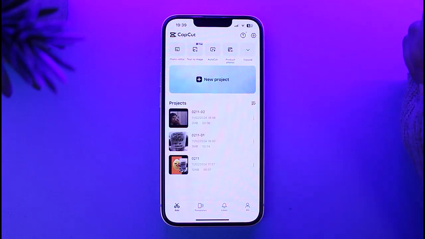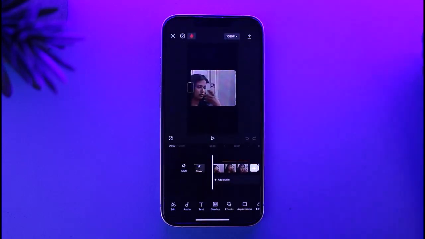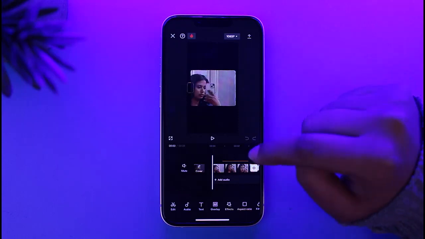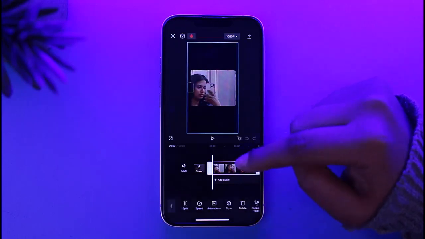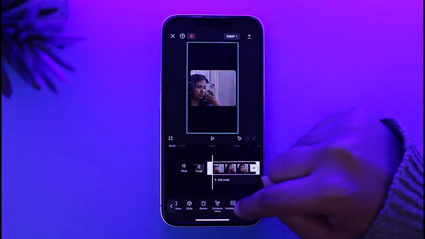For that, access your CapCut app. Now go ahead, choose an existing video file, or you can simply choose to add a new project as well. Right over here, if you simply select your video file, you will find plenty of options in the bottom section,